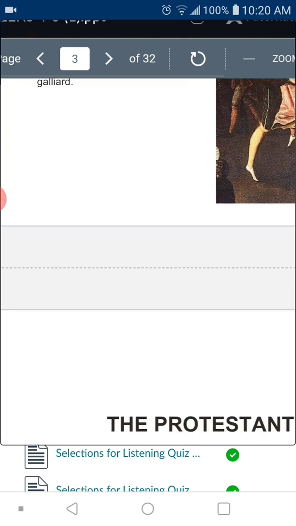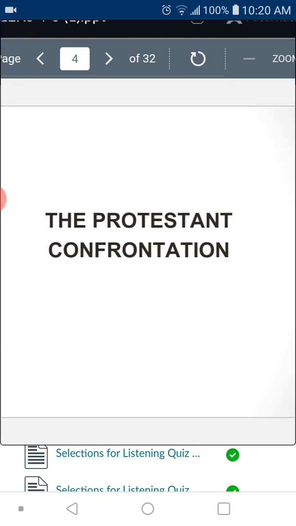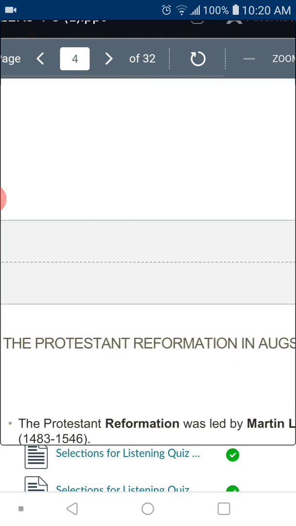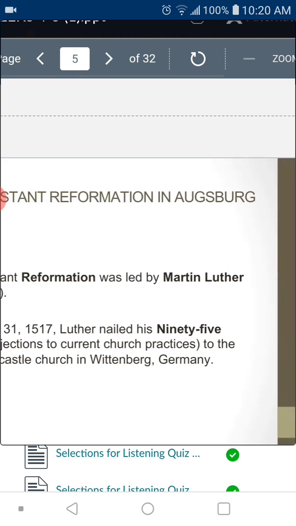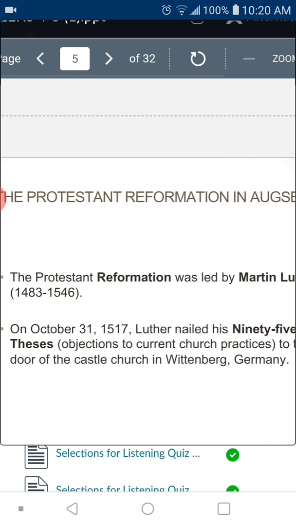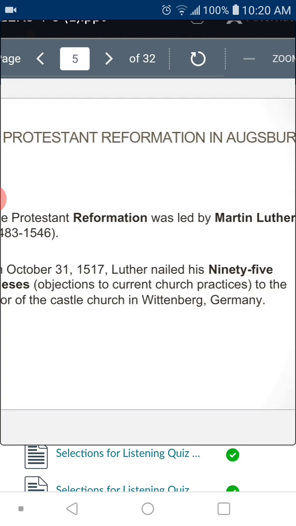Now, we'll continue and we'll talk about the Protestant confrontation. I'm pretty sure you heard about Martin Luther or these very famous figures in history. Because in the first half of the 16th century, we now have the rise of other religions aside from Catholicism. So Lutheranism was one of the first, and Martin Luther was one of the first to, I would say, rebel against the Catholic Church and criticize it.